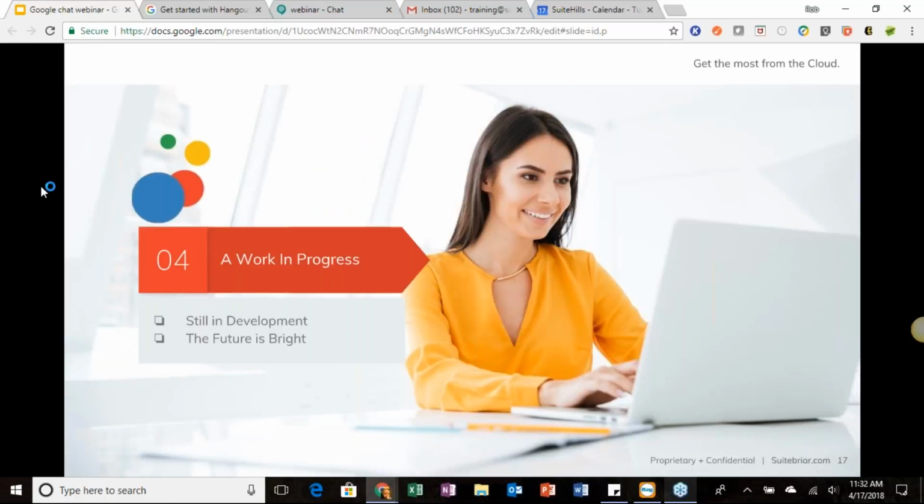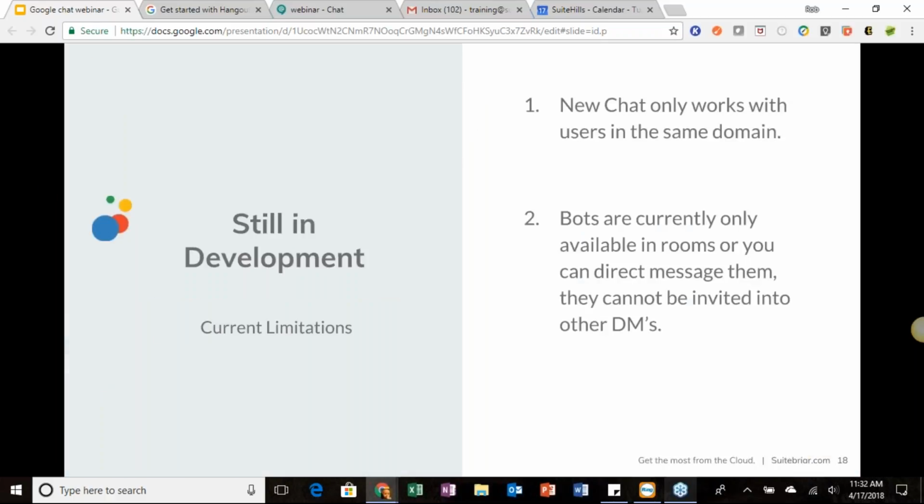We've looked at the rooms, we have looked at the bots, we've looked at some of the direct messaging features. I did say I wanted to finish this off with a couple of things. We know this is a work in progress. It's been around now for a couple of months. There are a lot of things on the roadmap coming available soon, but this is definitely still a work in progress. So I did want to point out a couple of the things that we are aware of as current